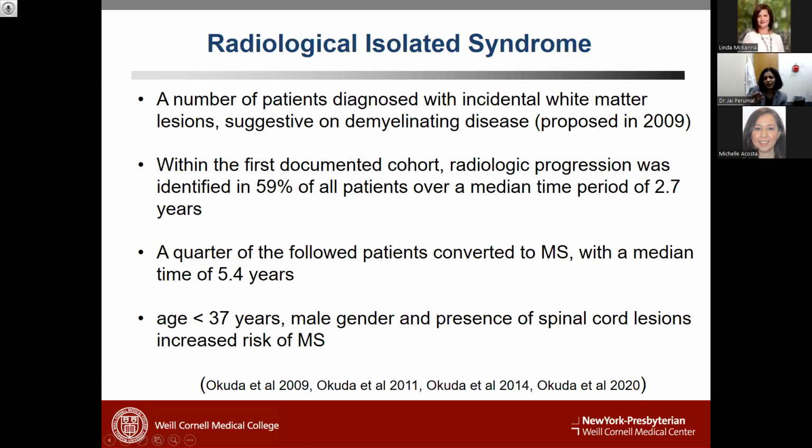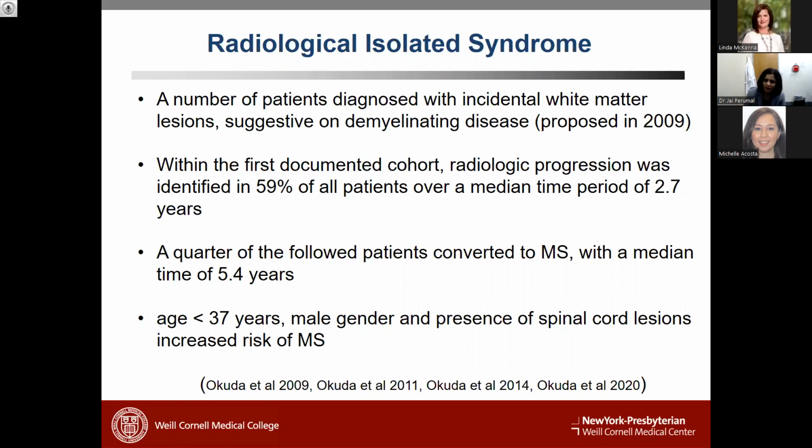But we cannot wait for patients to have symptoms before we start treatment, because all our treatments are very good in the early part of the disease. They keep becoming less effective as time goes on. So how can we make a decision regarding treatment early on? Like so much of medicine, there is no consensus as to how we approach radiologically isolated syndrome patients. Do we treat them? What is our threshold for treating them?